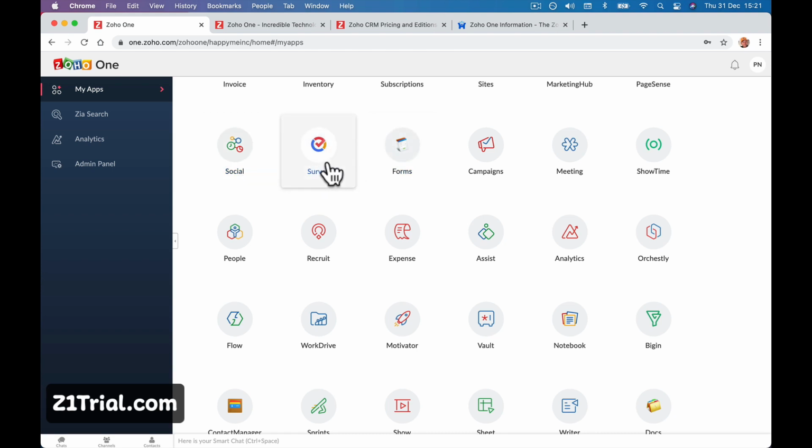Zoho Survey and Zoho Forms. Zoho Survey is send out a survey to your customers. What can we do better? What's your feedback? What's your process? How can we improve? Or just a survey on your website. Put a form up. Here's a